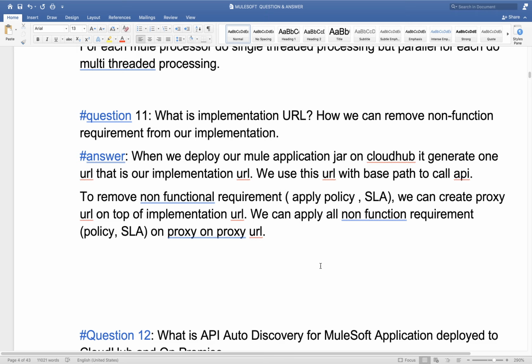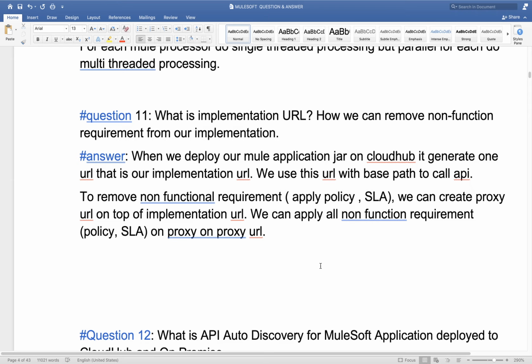Now, the second thing, we have proxy URL. Many companies create one implementation API, for example an Experience API that we deployed there. Now they want to apply some security on top of that, but they don't want to apply security in the implementation code, whatever code we have developed, whatever URL is generated.